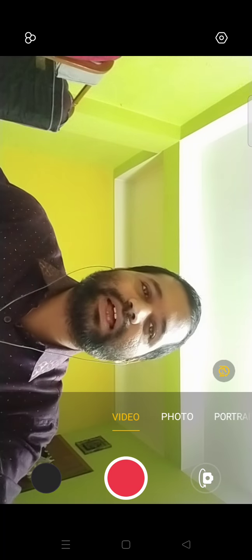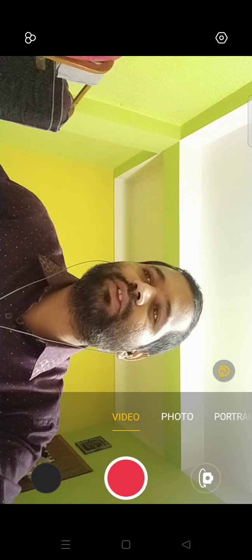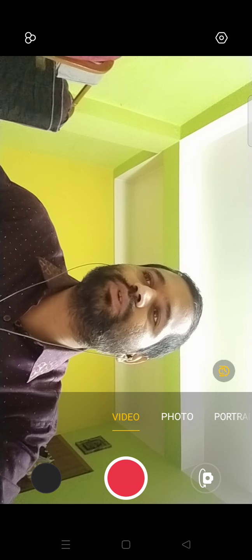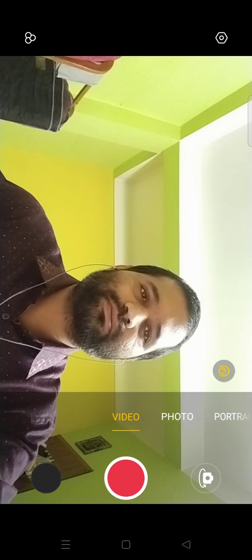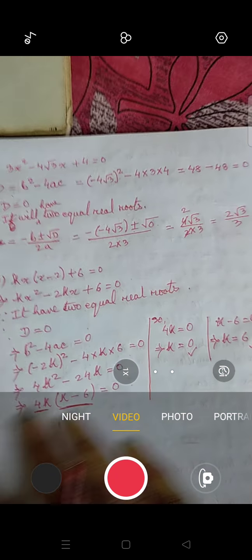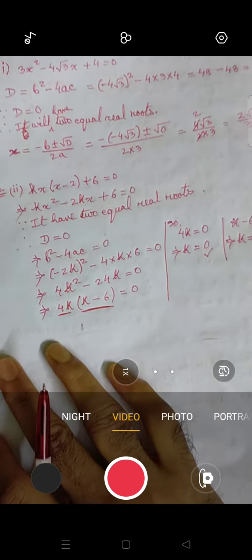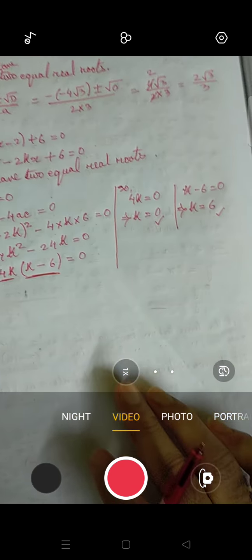But in exam they will say, find the value of k for each of the following quadratic equations so that they have two equal roots. After that they will say, find the zeros of the equation, or they can say find the roots of the equation. Root means you need to find the zeros. So how to find these zeros? Just see. Now just check it, no need to write. If the question says that way, then you have to write, otherwise it will be incomplete, okay?